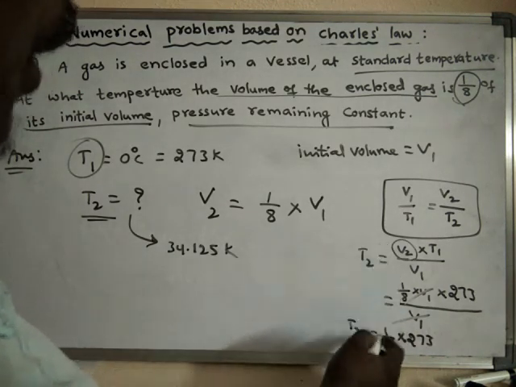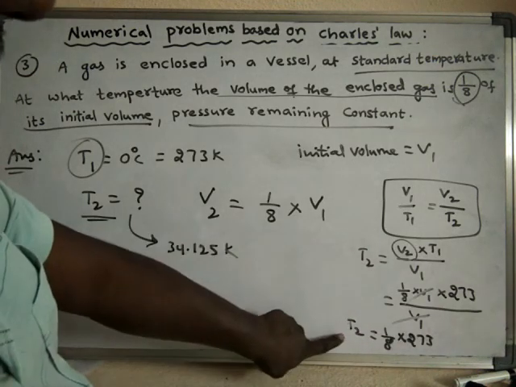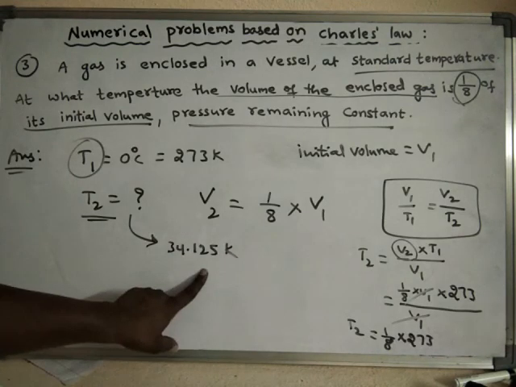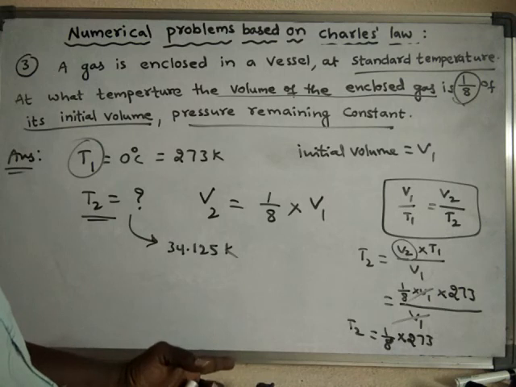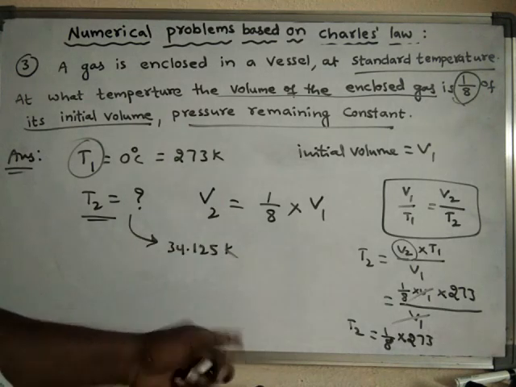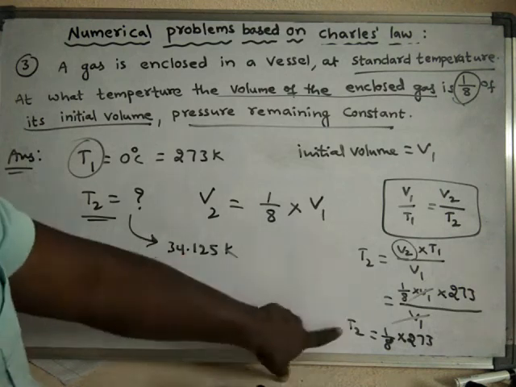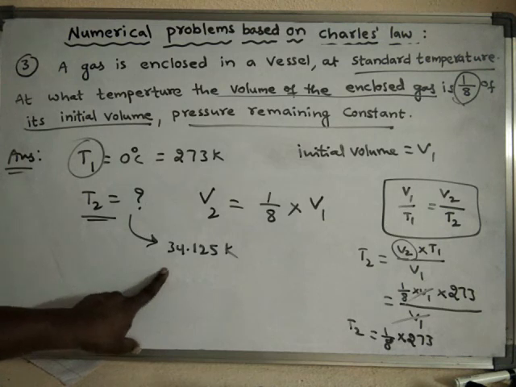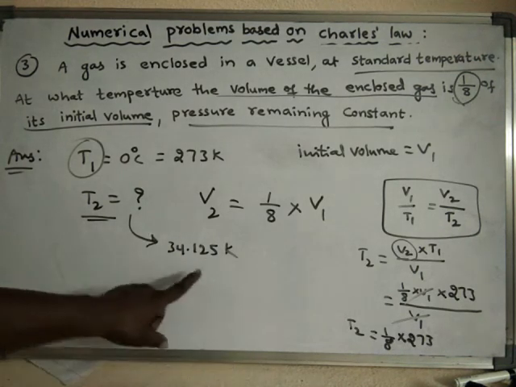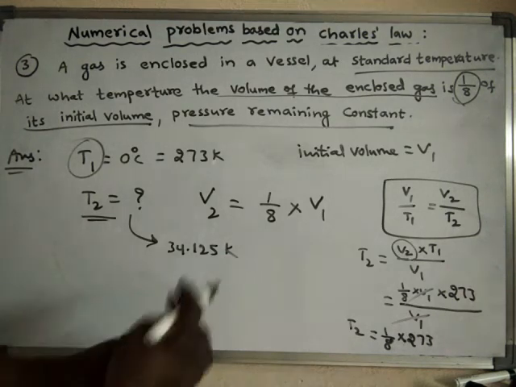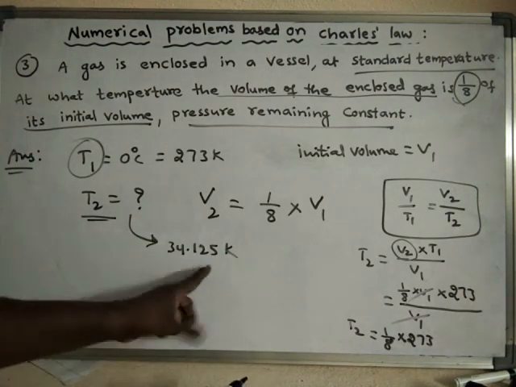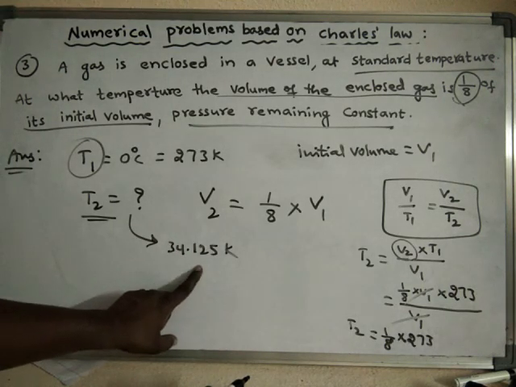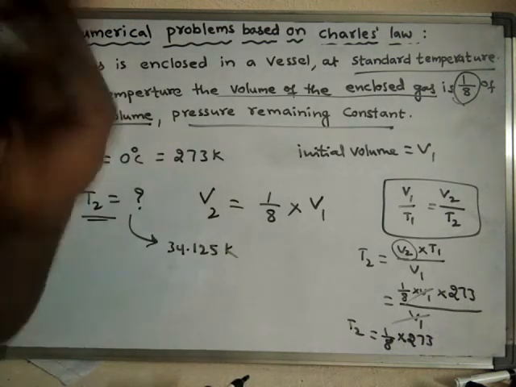Upon calculating, the temperature value should be in Kelvin only. Sometimes the answer may be given in degree centigrade. If the temperature we get is compulsorily in Kelvin, then if necessary we can convert it into degree centigrade. How to convert? Simply remove 273 from this value, and you will get the degree centigrade temperature.